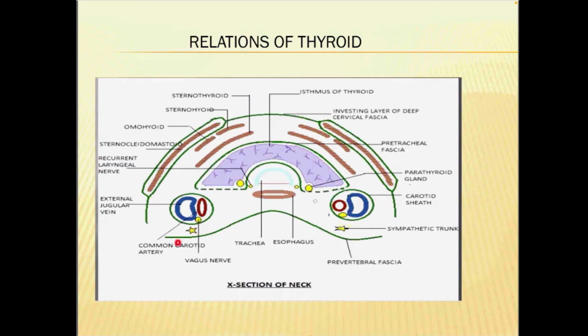Posteriorly, there is a fascia called the prevertebral fascia, which is located just anterior to the vertebra. Here we have the cervical vertebrae, C5 to T1, which is where the thyroid gland extends. Just anterior to these vertebrae is the prevertebral fascia, which will continue as the deep investing layer of cervical fascia. So this is a cross section of the thyroid. This diagram itself can be a 5-mark question in your final exam.